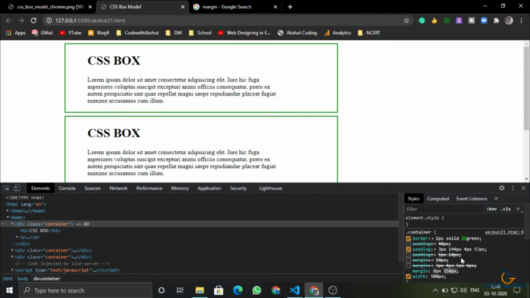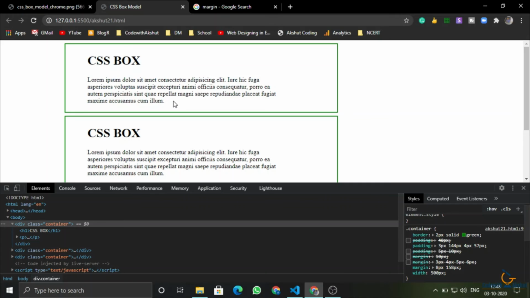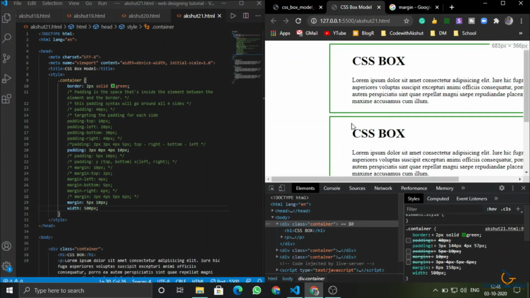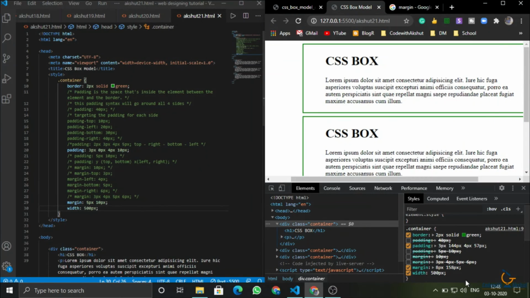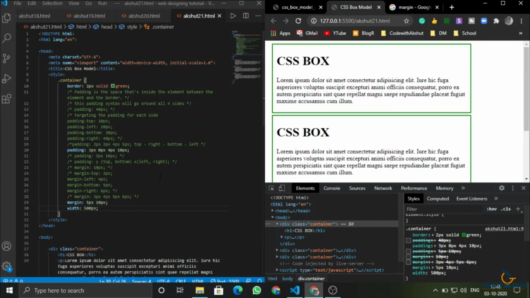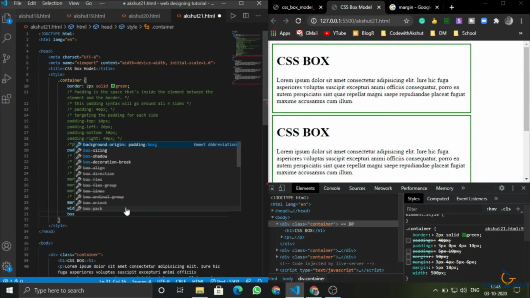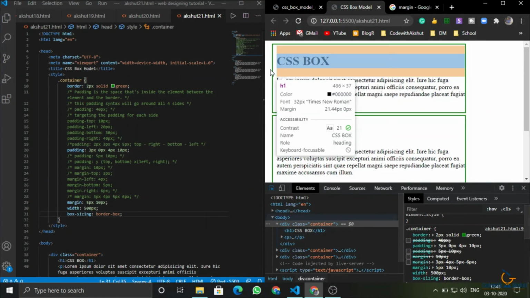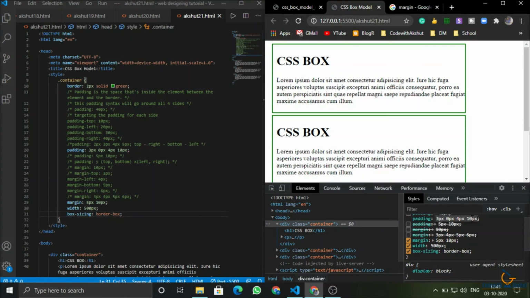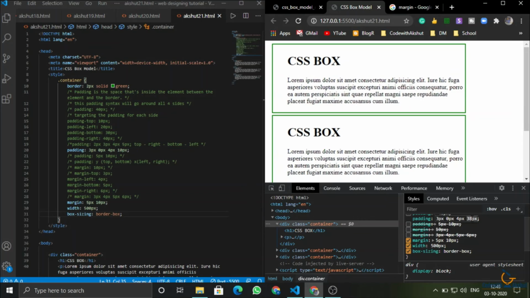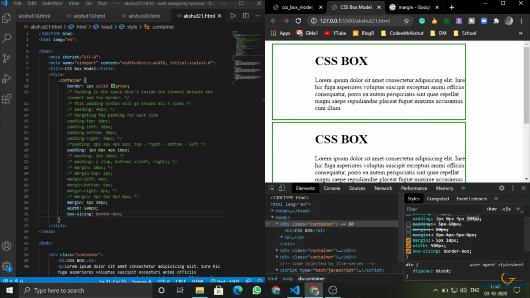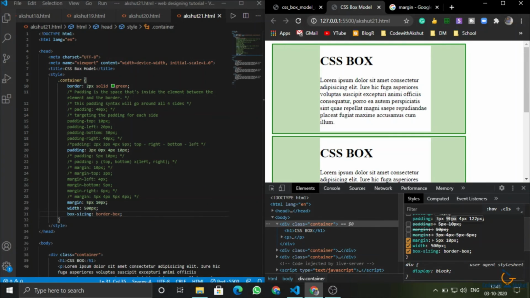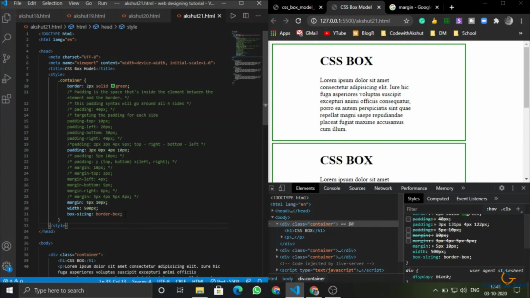So what should we do so that the padding does not affect the width of the element? So what we can basically do is that I will refresh it first. So there is one property, box-sizing: border-box. If you do this, then this will not affect it. Okay, if I go here and change the padding of it, then it is not affecting the width. You are able to see this is not affecting the width, but it is adjusting the content in it itself. So this property is very important.